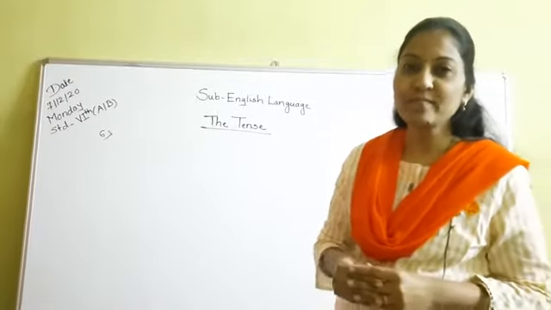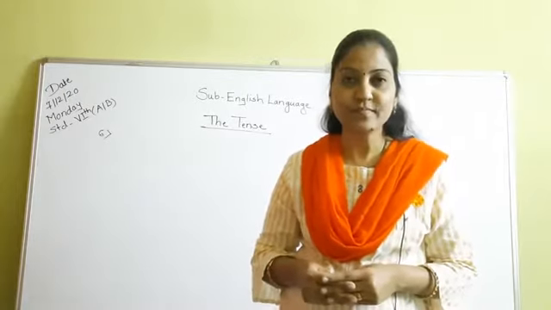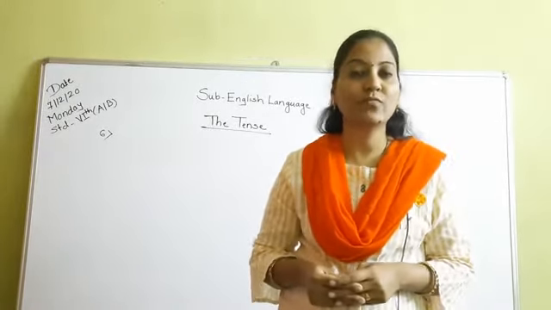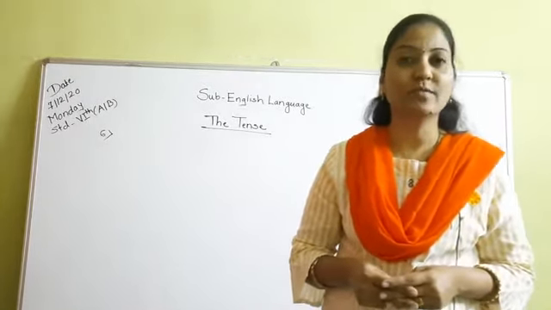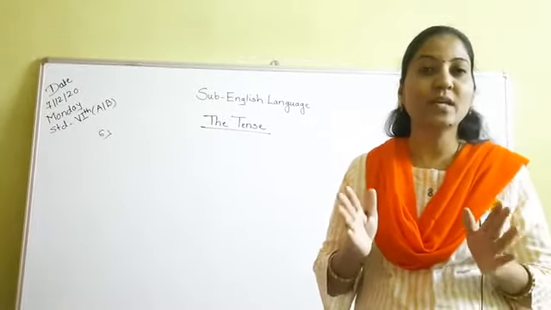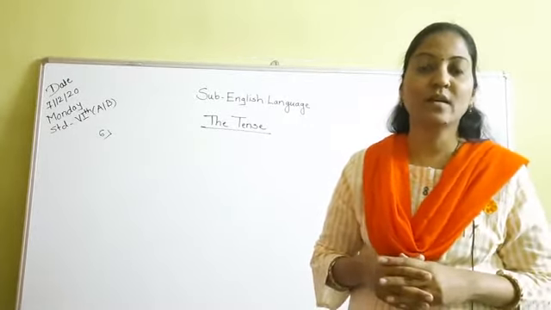So students, in the last period we have seen various forms of be verb, and they are also known as the helping verbs. Which are they? Am, is, are, was, were. These are the forms of be verb, and we call them helping verbs. Now we are going to see the next rule. The form of be can be used as auxiliary verb, and we can use this auxiliary verb to make the continuous tenses.